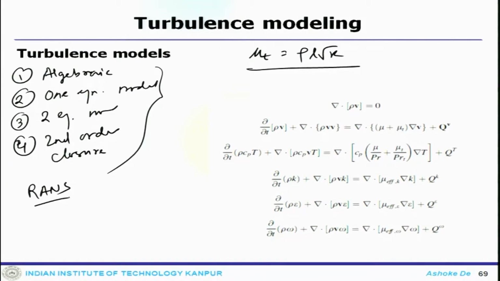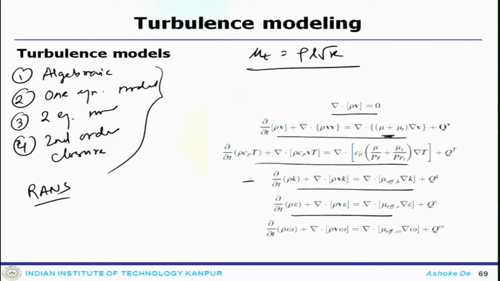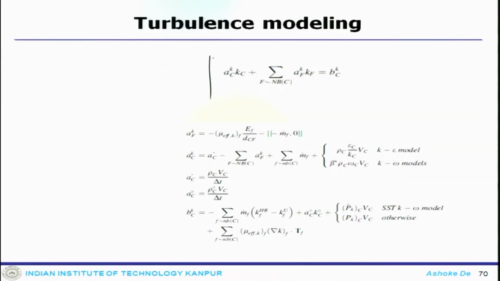If you look at the complete picture of the RANS equations, there will be the continuity equation, momentum equation, and energy equation. Now, this is the kinetic energy equation, in which you can see there is an effective viscosity, then the epsilon equation, which goes with the k equation for kinetic energy, and the turbulent frequency omega. So, these are the set of equations, and once you discretize them in your finite volume, this is exactly what you get for the turbulent